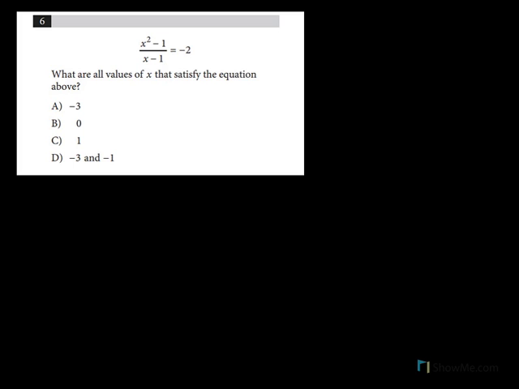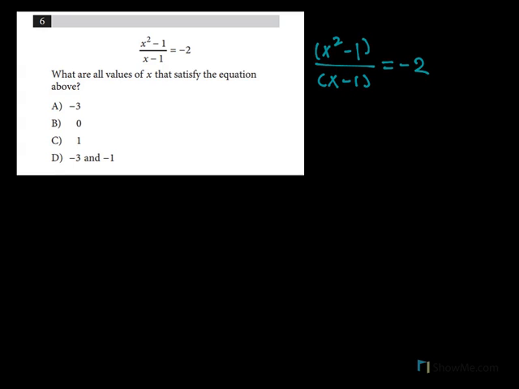x that satisfy the equation above? And the equation is x squared minus 1 over x minus 1 equals negative 2, and our options are A, negative 3, B, 0, C, 1, D, negative 3 and negative 1. So to solve this, let's first write it out. So we have x squared minus 1 over x minus 1 equals negative 2, and now we're going to be